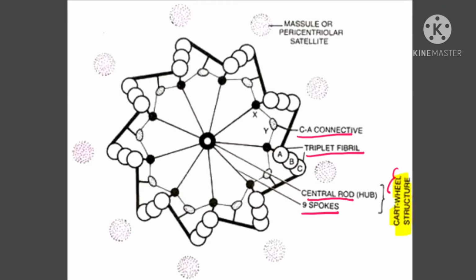Please understand properly. This arrangement is known as cartwheel arrangement. Clear? And now you try to focus on the pericentriolar satellite. Check carefully. Pericentriolar satellites are present around the centriole, which will help in the duplication of centriole at the time of cell division. Okay, and during S phase, DNA will replicate and centriole will duplicate. So I hope up till here all your concept is clear.